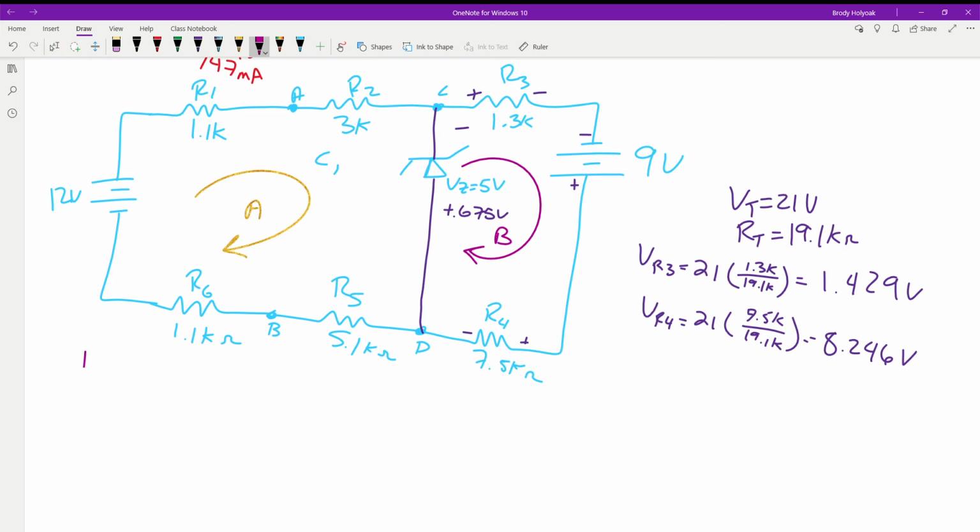So loop 1, we're going to end up with 12 is equal to, we got,